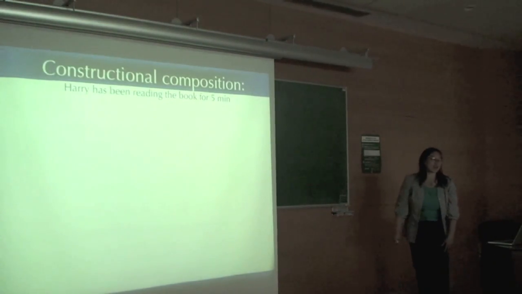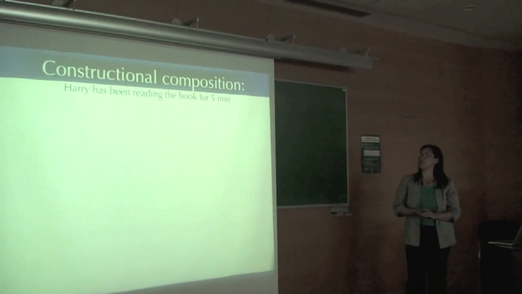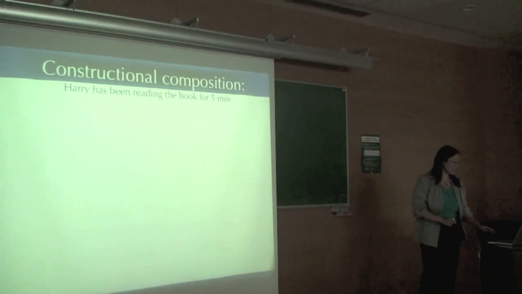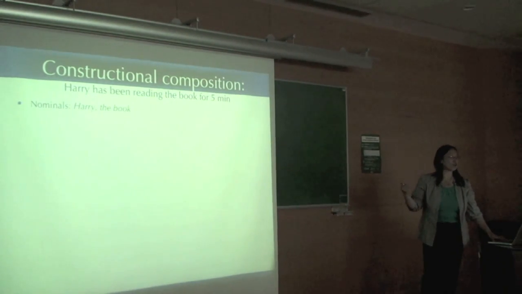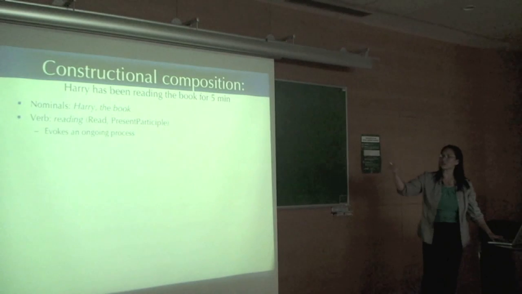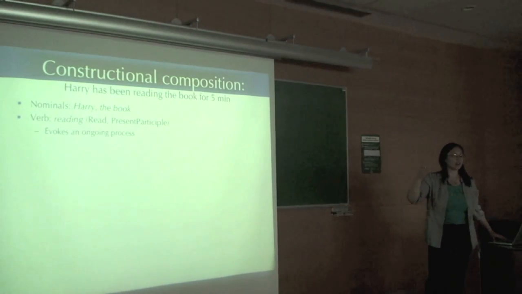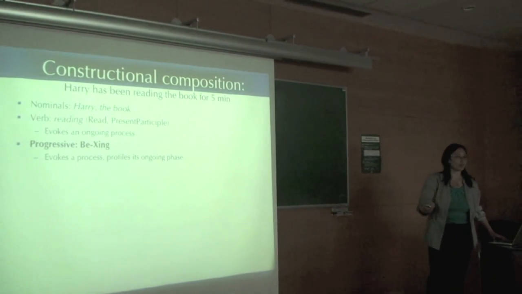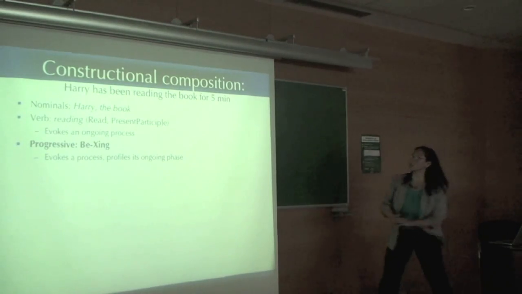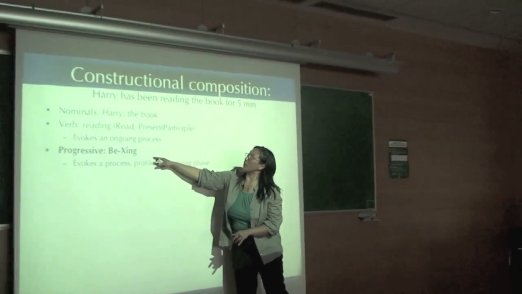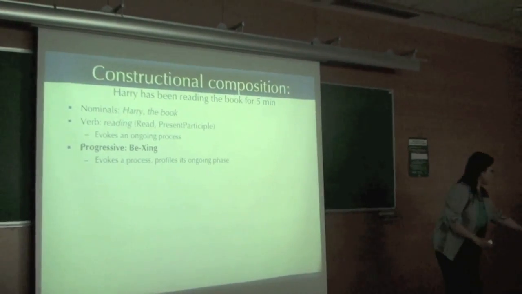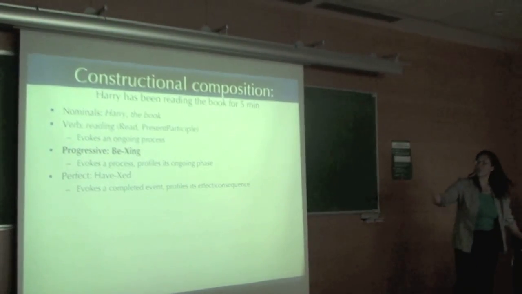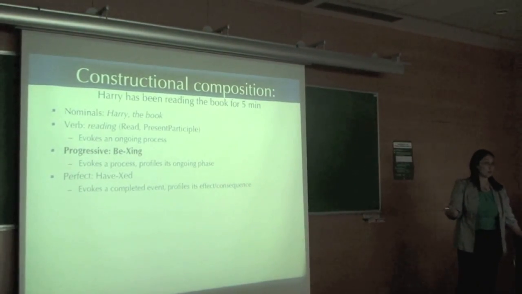Okay, so I just gave you two tiny little examples of aspectual constructions just to illustrate that a very simple sentence like Harry has been reading the book for 5 minutes actually involves a lot more. You need to know what Harry and the book, those constructions, look like. You need to have some idea of reading and the idea that it's also progressive. We talked a little bit about that, the idea that progressive has a process, right? That's the one I showed. So at least you need to know this verb, and then the "been reading" construction, and then also the "have X'd", "has been reading", that's fitting together. It is something about being at the end of some process internally, right?